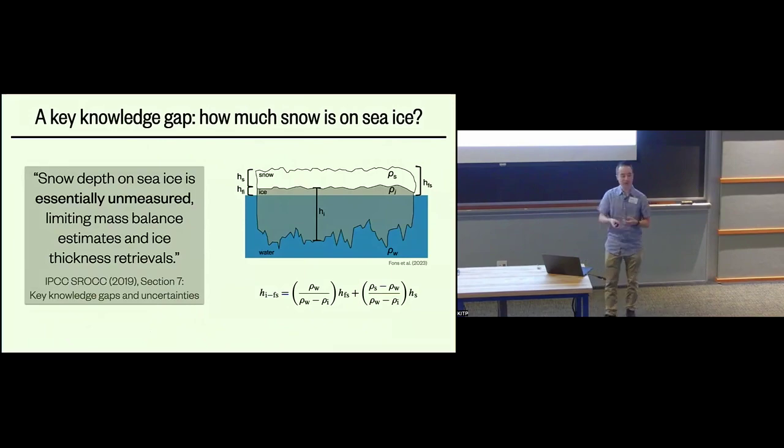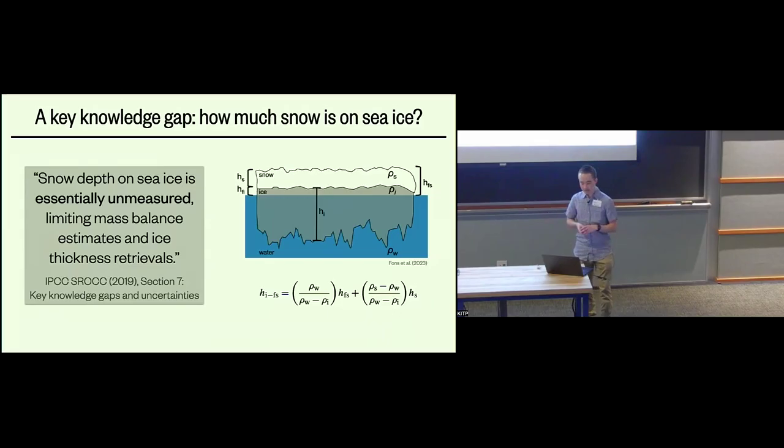So the amount of snow on sea ice is clearly important, certainly in the Antarctic. But we have a problem, which is that we don't really know how much snow there is. As recently as 6 years ago, the IPCC put into writing that snow depth on sea ice is essentially unmeasured, limiting mass balance estimates and ice thickness retrievals. I think this is a bold claim that might be a bit of an overstatement, but there is some truth